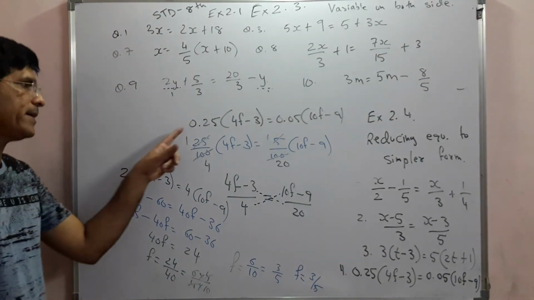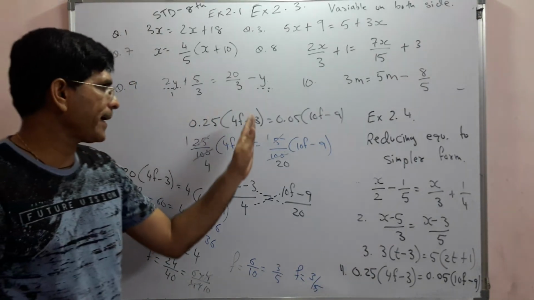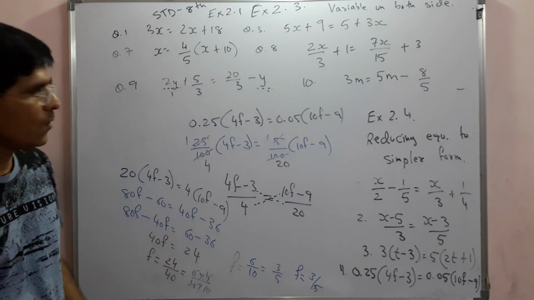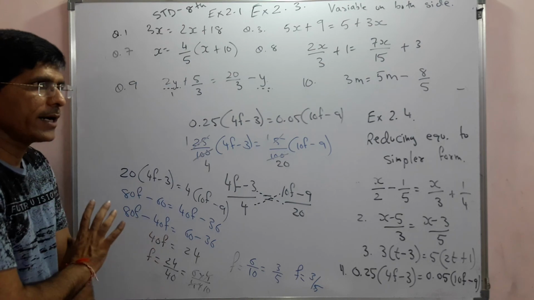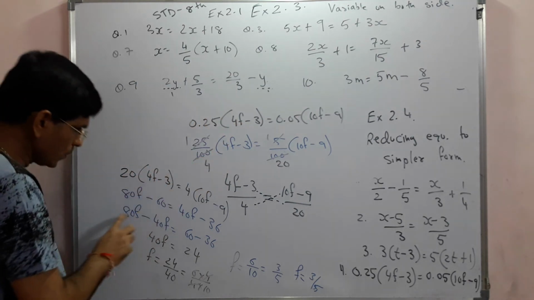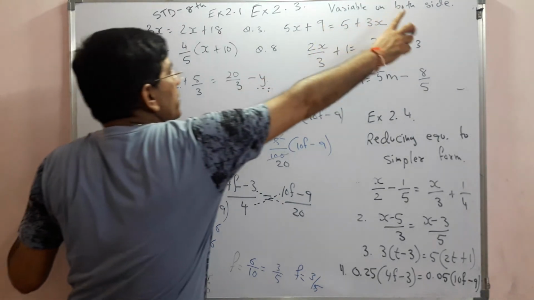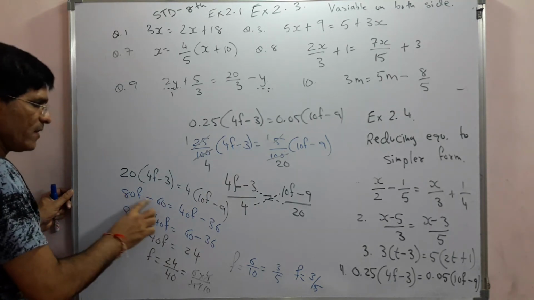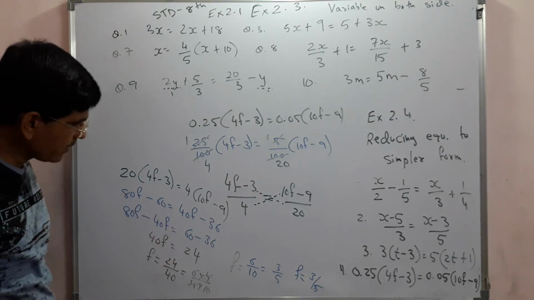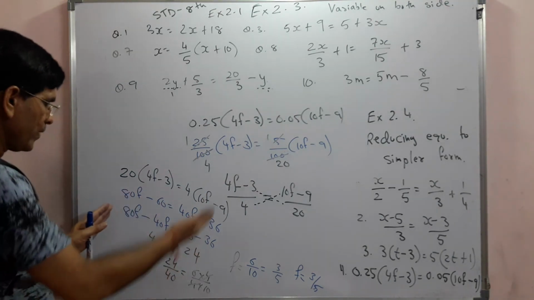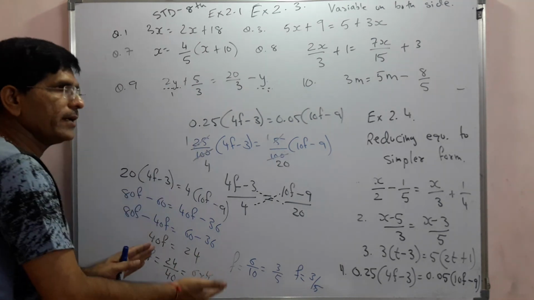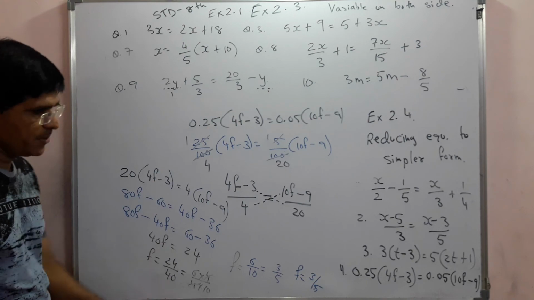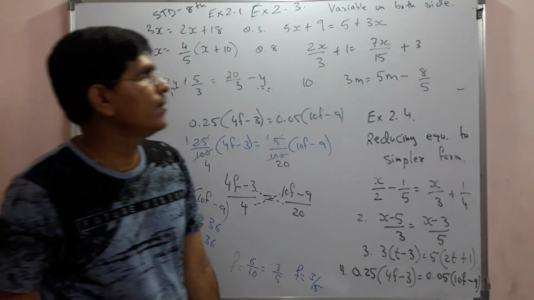So when a decimal is there, either you open the bracket or you have to shift the decimal. What we did was remove the decimal, that is why we are writing 100. Or you can open the bracket, you will get the last equation with variable on both sides. So 80f minus 60 is equal to 40f minus 36. Now the variable we have to shift to the left hand side and the constant should be on the right hand side. So if you simplify, you will get 3 by 5.